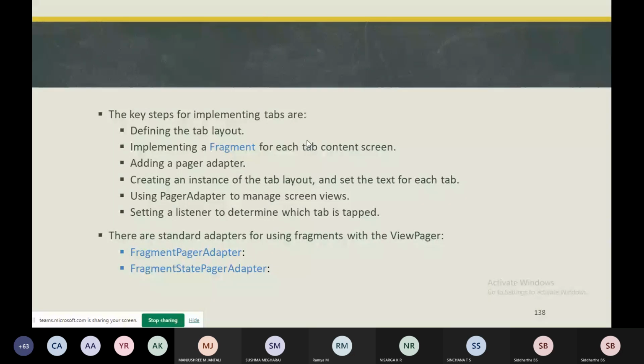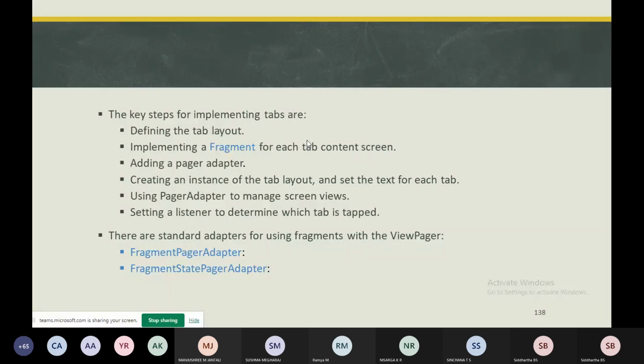The fragment state pager adapter is for a collection of screens, designed for paging across the collection of screens, so the number of screens may be undetermined. The fragment state pager adapter is going to destroy the fragments when the user navigates to another screen, so by using this it can minimize the memory usage.